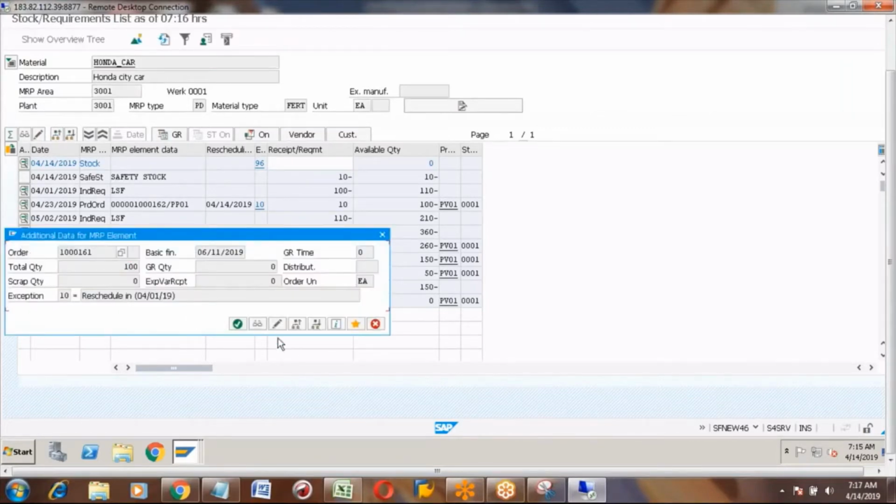Here you can see the third button. Wherever you see the specs button, this is display. Wherever you see this pen button, it is change. So you can select that change button.